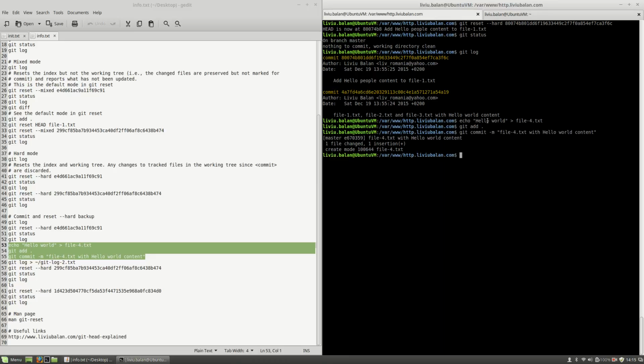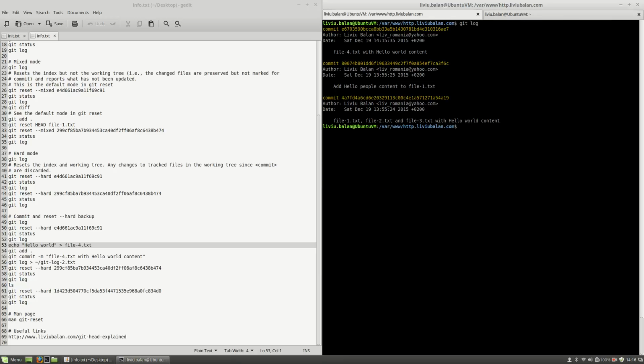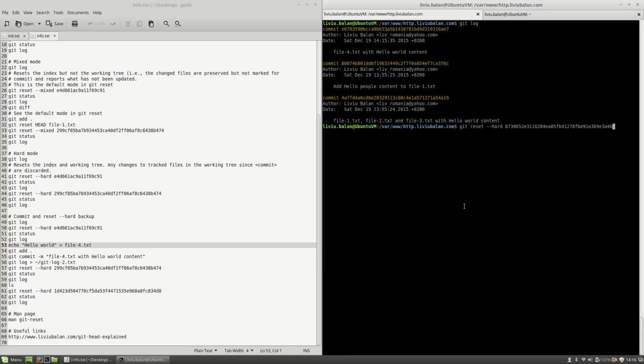What this command is doing is to create a new file, file-4.txt, add it to git, and then commit it using this message. If I use git status, you will see that everything is clean, and type ls, you will see file-4.txt listed here. And if I use git log here, you will see that instead of 2 commits, I'm having 3 commits. Now, if I use git reset --hard and move to this commit,